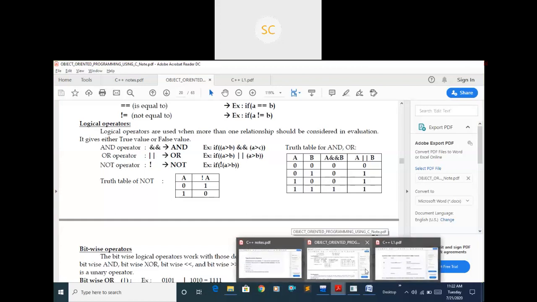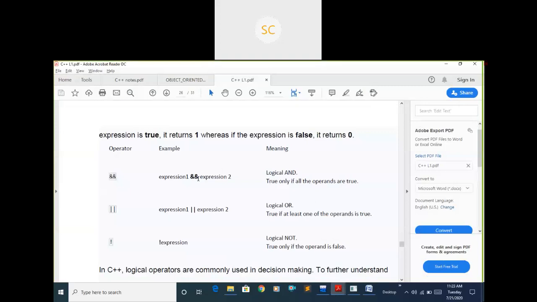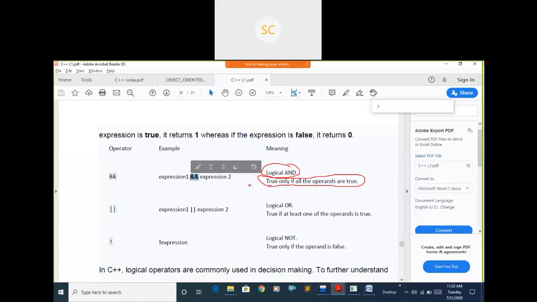See all the logical operators. If it is the AND operator, it follows the truth table of logical AND. Just remember this point: true only if all the operands are true. If both are true, then only you will get true, otherwise false.